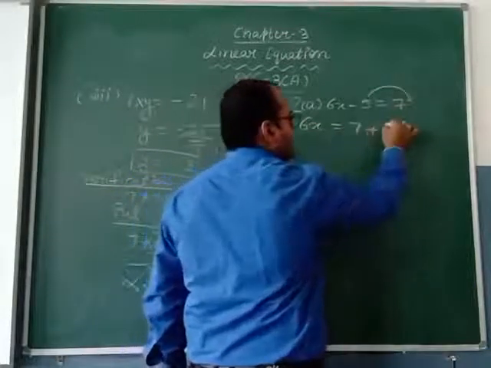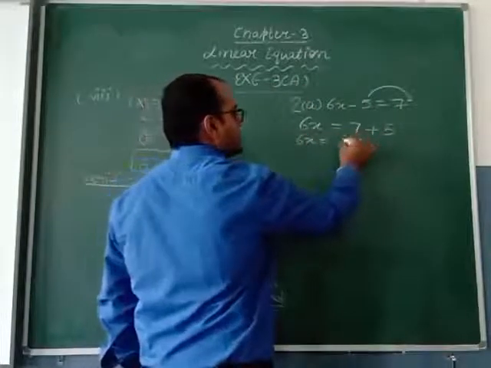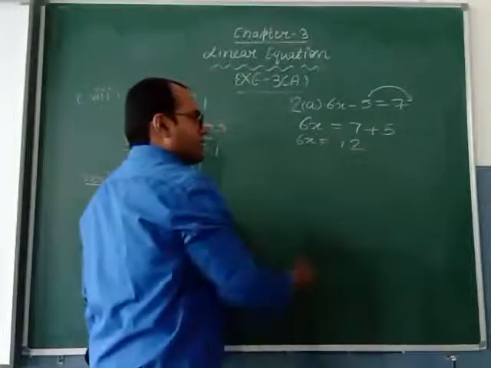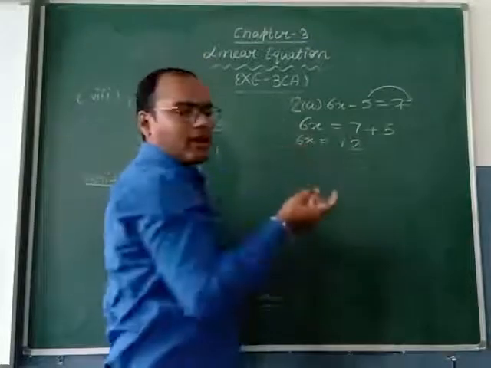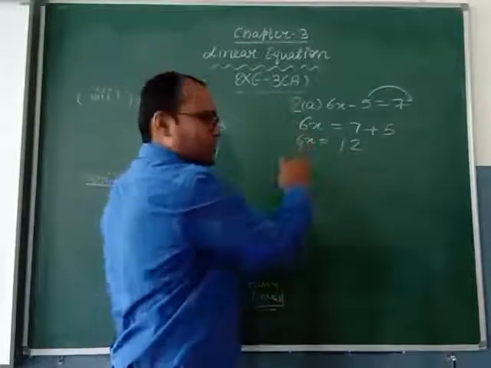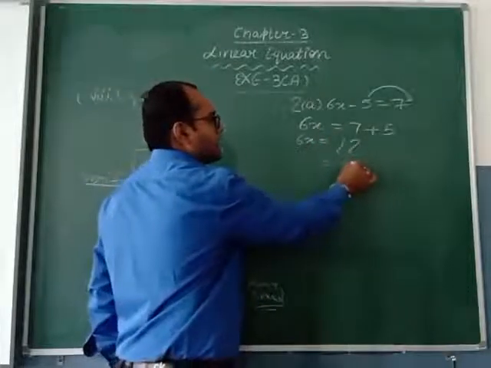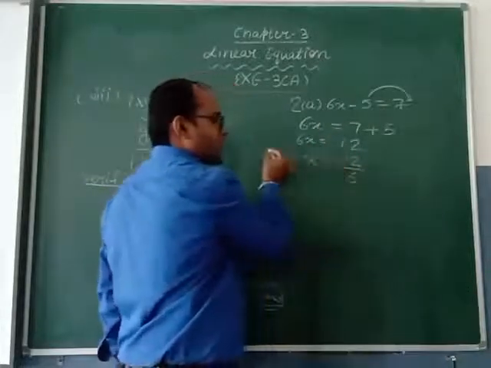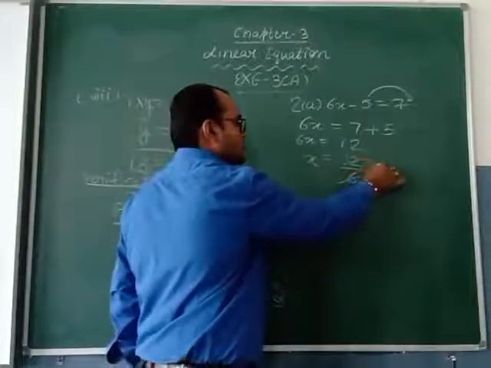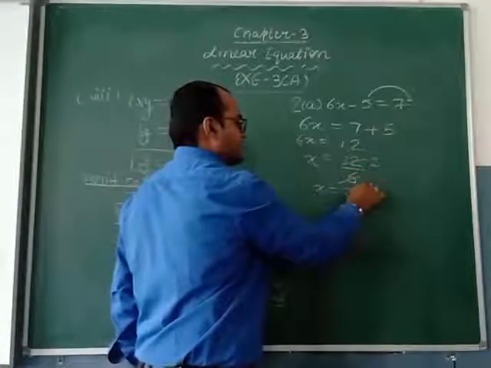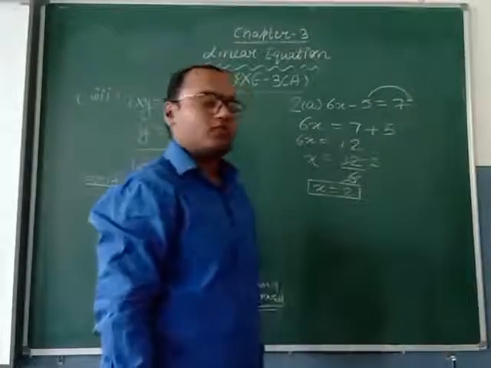Minus 5 will be plus 5 when we bring it to the right hand side. Now 6x is equal to 7 plus 5, 12. Now here between 6 and x, nothing is there, no plus, no minus. That means between these two things we have to take the multiply sign. So multiply 6, when we bring it to the right hand side, will be divide 6. And here on the left hand side, 6 will be removed, only x we have to write. 6 twos are 12. So x's answer is 2. So here we got the answer x is equal to 2.